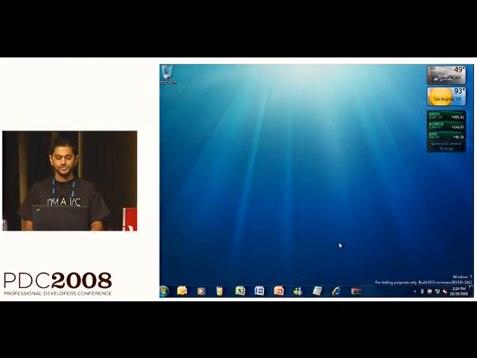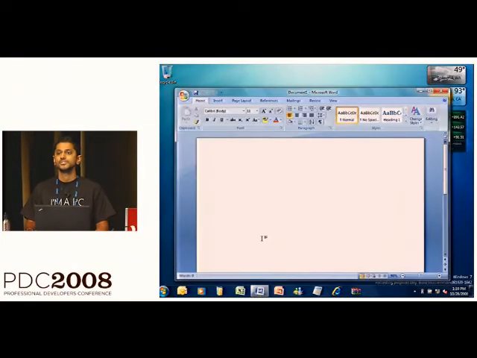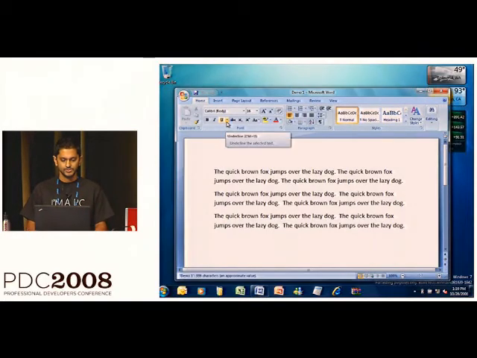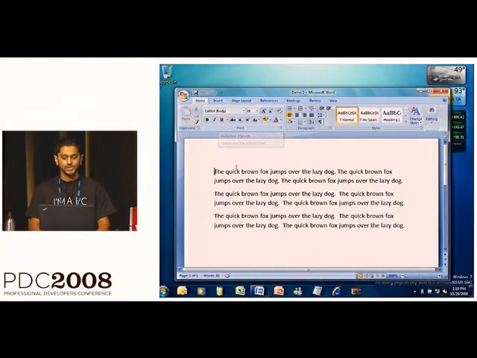The other thing, of course, that's instrumental to the taskbar is launching. So here's Word. I'm going to launch Word. Pretty simple. I'm going to actually open up a file in Word. I have some file prepared. It's a very interesting read, as you can tell. And the thing you'll notice at the bottom of the taskbar is the launcher that started Word is now the switcher that can switch to Word.